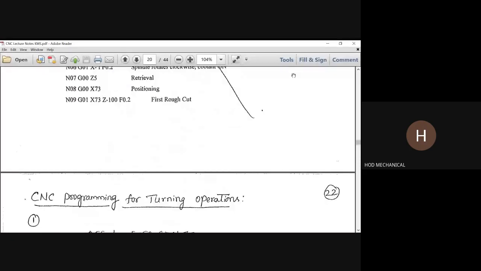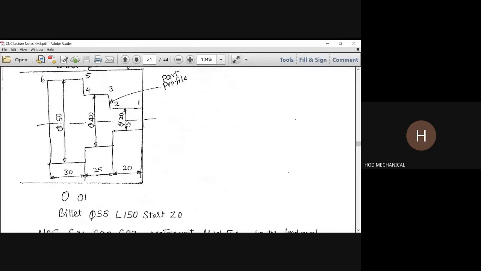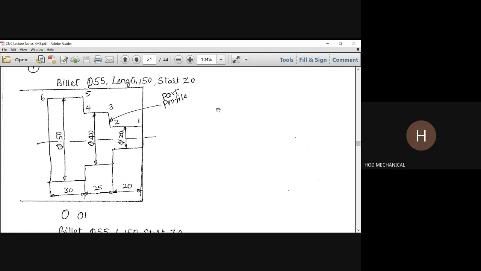So this point is what is called 0, 0. Now as I said, this is your z coordinate system and this is your x coordinate system. If you just observe carefully, any machining that you are going to do is going to be called the z value. And anything here for diameter is going to be your x value. X indicates the diameter, z indicates the length.